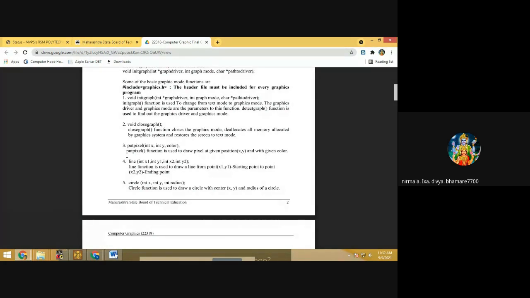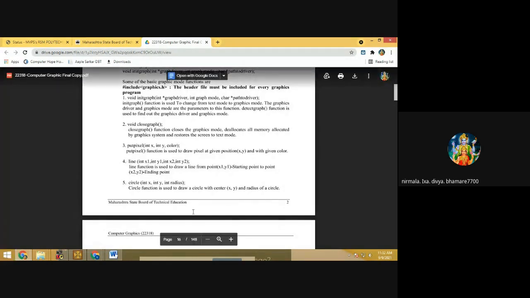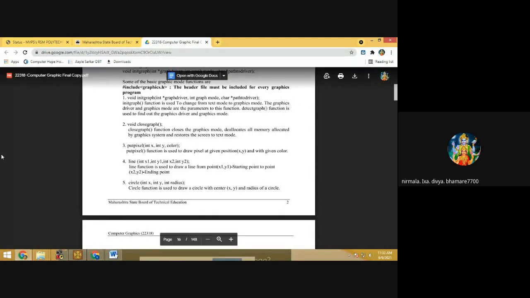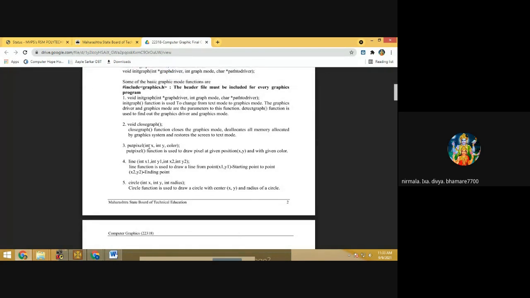And color is the color in which you want the pixel to be displayed. So the x coordinate means the horizontal position, and the y coordinate means the vertical position of the pixel. You know the x-axis and y-axis, how they are drawn on paper. In the same way, it is on the computer screen. So how to draw the pixel? You have to provide the x, y coordinates and the color.